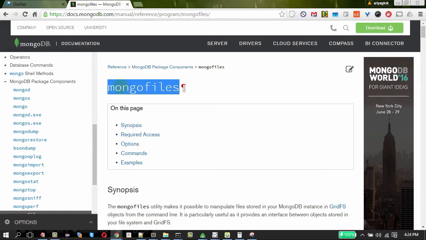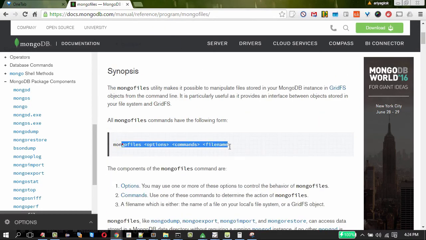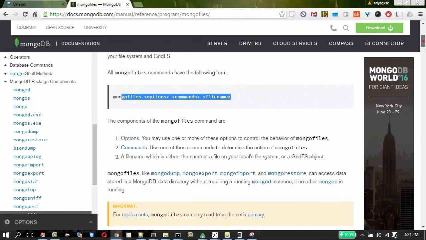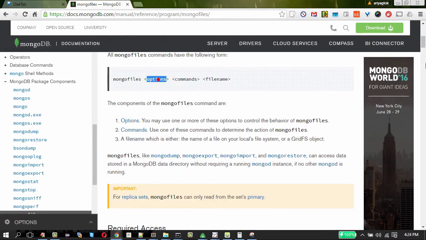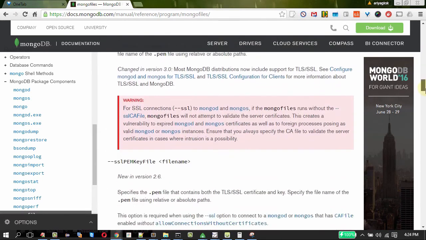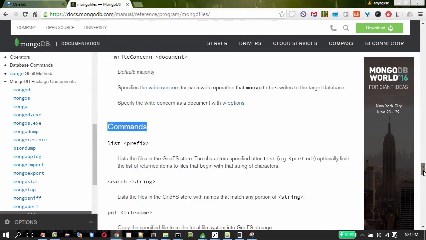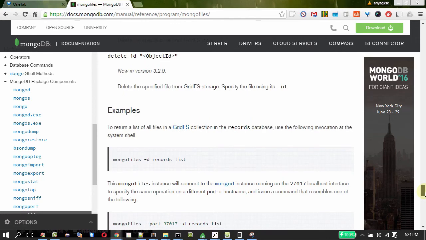This is the mongofiles documentation page. The syntax of the command is given here, followed by the options. Various options are listed here. Then the commands. Examples are given.